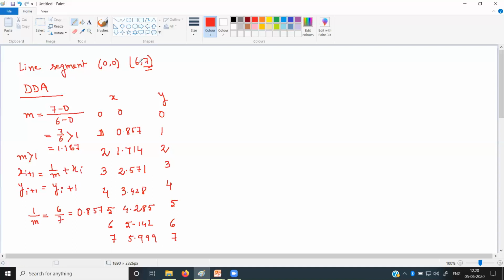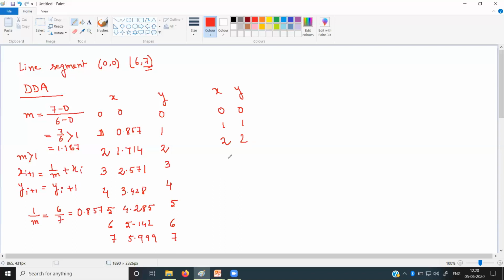So near about 6. If you round it up, because as you can see, my pixels cannot be a fractional value. It should always be an integer. So we have to round it up. So the points will be like this one. It will be 0, 0.857. We can consider this value as 1, because as you know, if it is 0.5 or greater, we can round it up to the next integer. 1.7 can be considered 2. Okay.